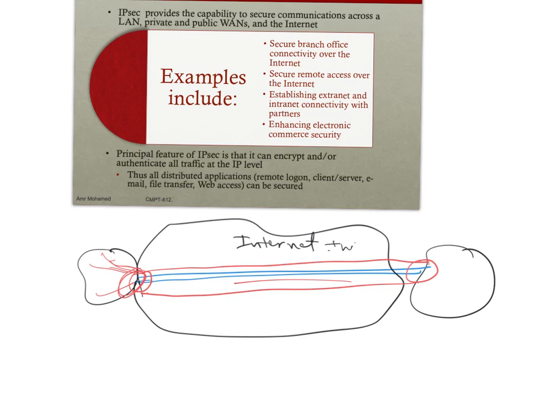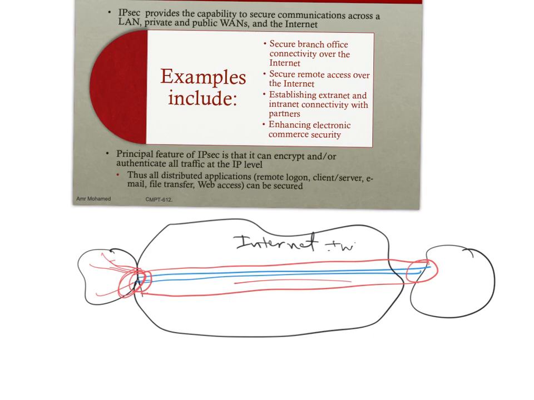Okay? So examples like secure branch offices connectivity over the internet. This is this particular example that we talked about. Or secure remote access over the internet. So you want to access the services in your enterprise network, okay? But you are traveling. So again, you can build a tunnel between your workstation and the remote network using also